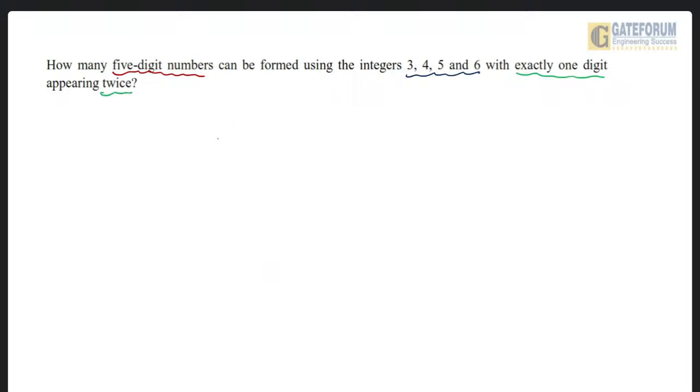So solution is, given integers 3, 4, 5, 6. Since only one digit appearing twice, so one digit from 4 digits can be selected in 4 ways. Since exactly one digit